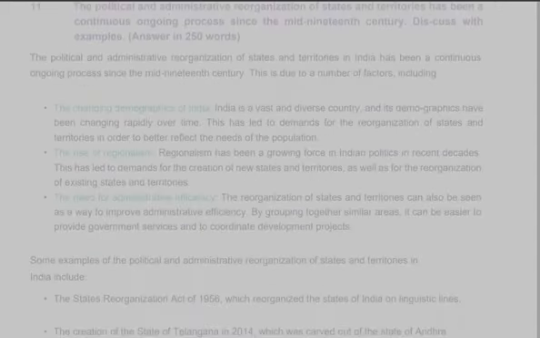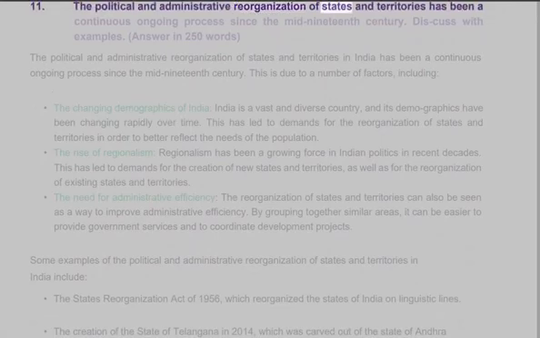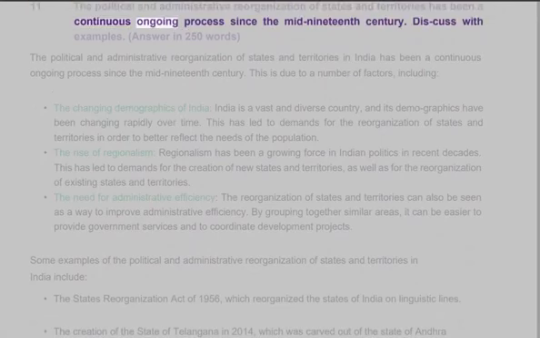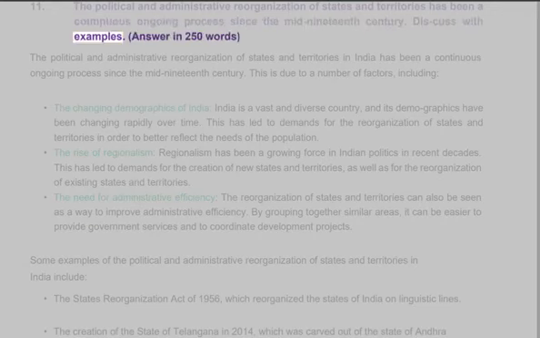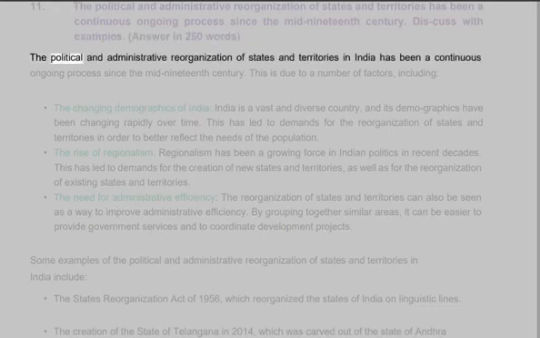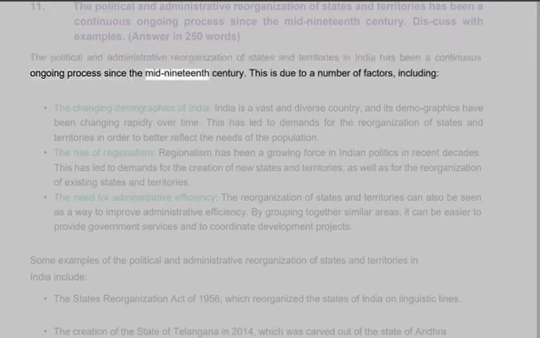11. The political and administrative reorganization of states and territories has been a continuous ongoing process since the mid-19th century. Discuss with examples. Answer in 250 words. The political and administrative reorganization of states and territories in India has been a continuous ongoing process since the mid-19th